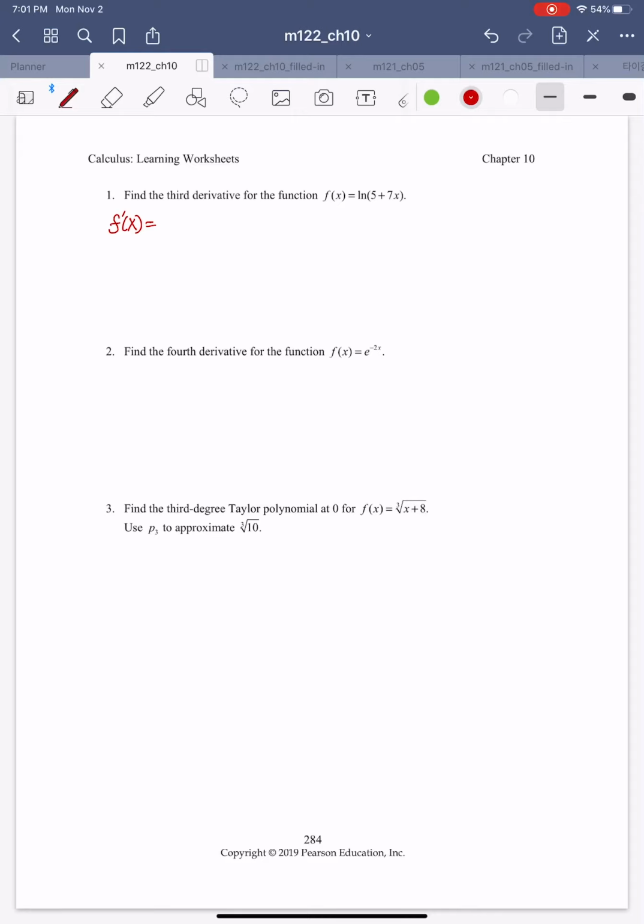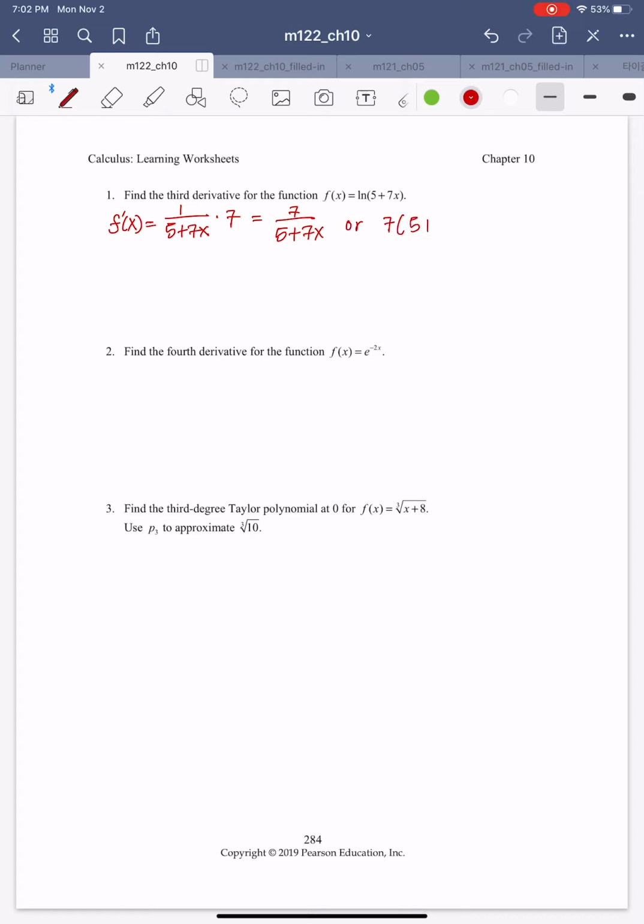The derivative of ln x is 1 over x, but there's a u involved, right? The 5 plus 7x. So the first derivative will be 1 over 5 plus 7x, and the derivative of 5 plus 7x is just 7. You can simplify that to 7 over 5 plus 7x,